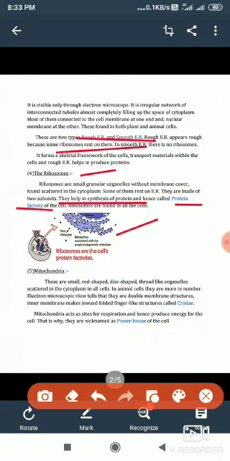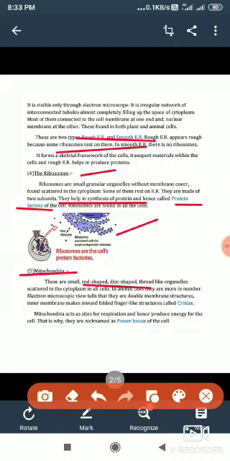Next we come on to the organelle that is very important, called mitochondria. Mitochondria is small. Actually in a compound microscope it looks like a dot, disc shaped, thread like, or rod shaped. But when you observe under an electron microscope, they appear like a sausage shaped structure, and that electron micrographic view tells us the detailed structure of it.